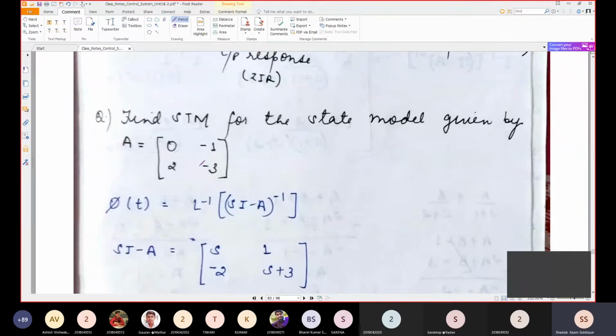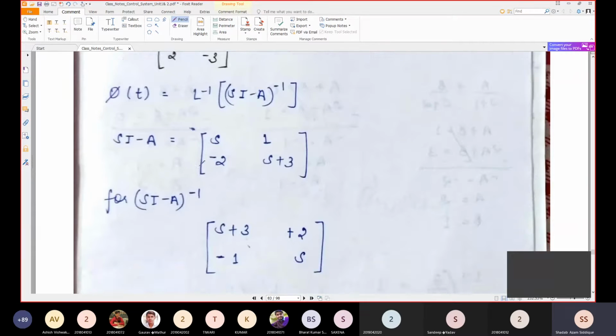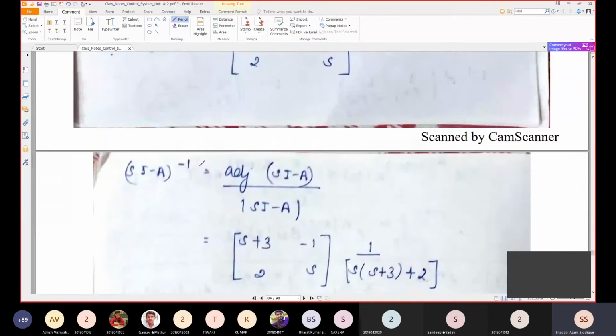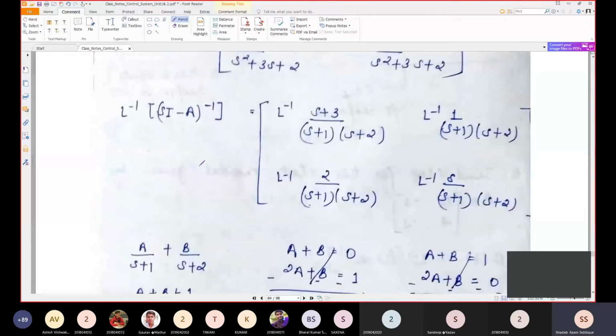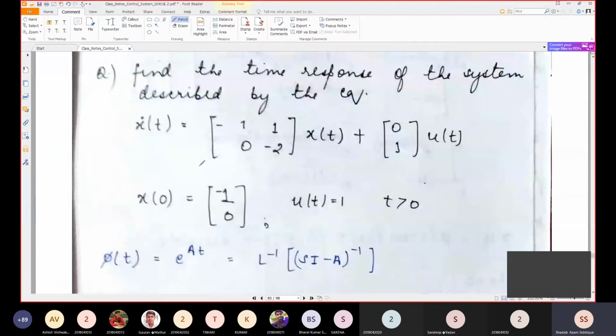So you can directly write phi t2 minus t naught. So that was the property, and you can prove that property very easily by the use of the exponential function. Okay. So now moving to another problem, which is given to us: find the time response of a system described